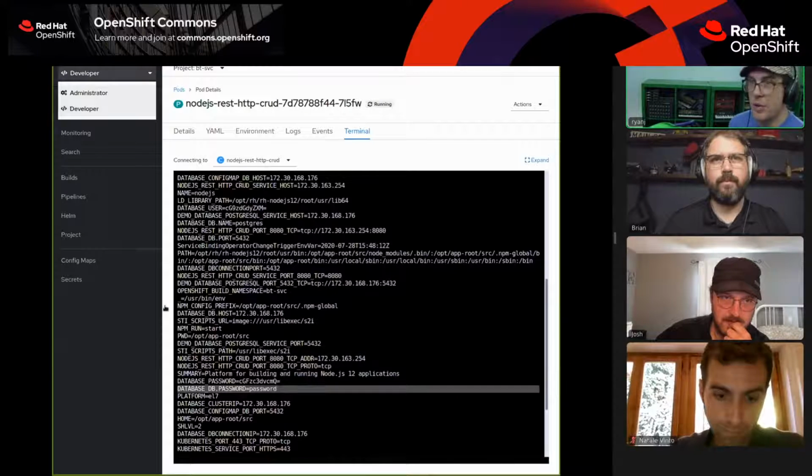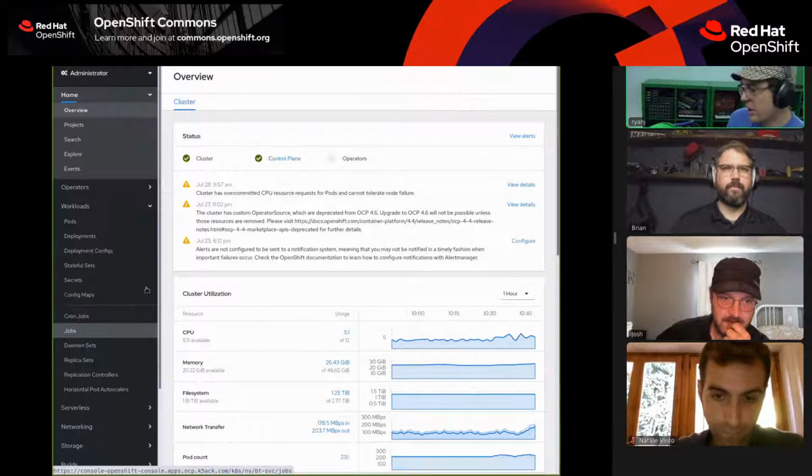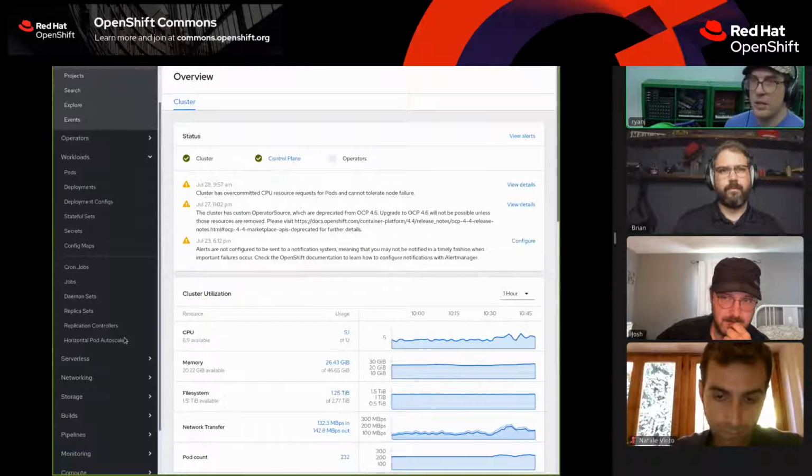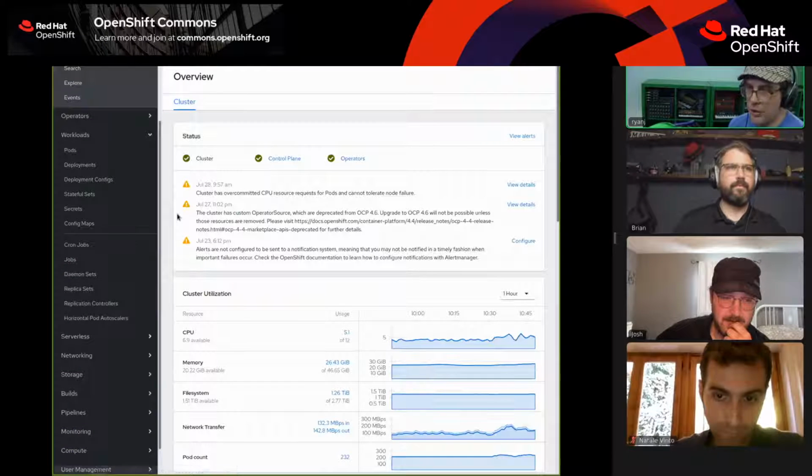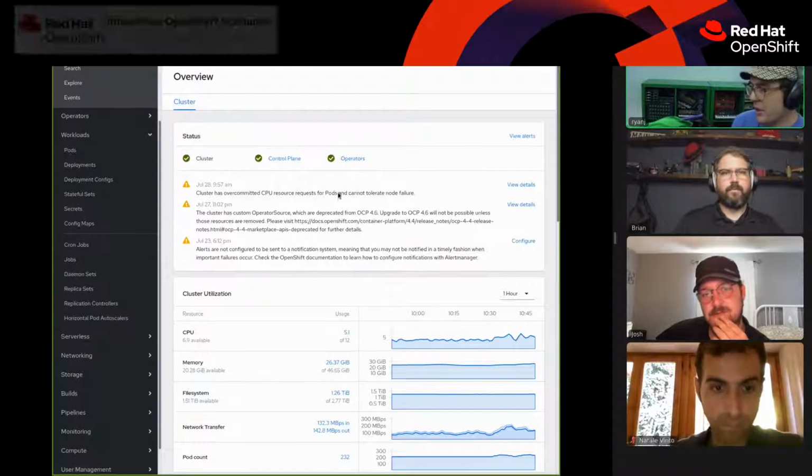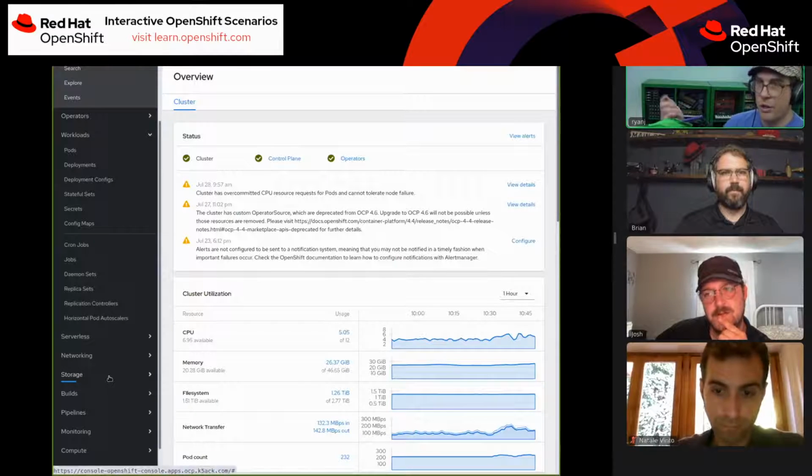If you needed something more than just key values, but it looks like this app is architected primarily to read out of those environment variables in order to take advantage of the service binding operator information.